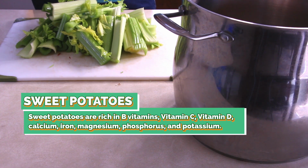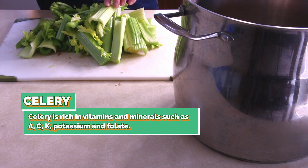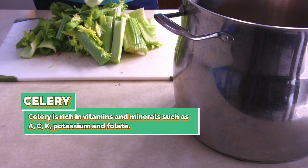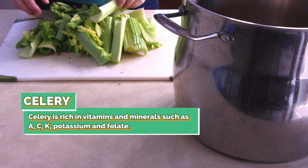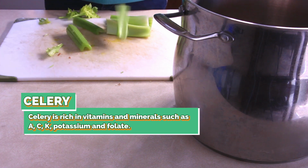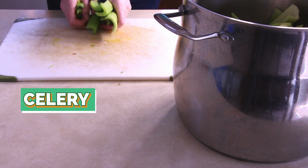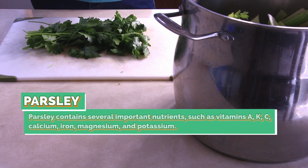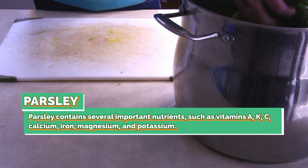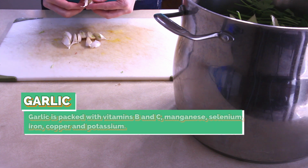A bunch of celery cut into thirds. I did give this a rinse after I had cut it up. Same with the leeks, you'll find a bit of dirt or sand kind of stuck in between there, so just give it a little wash. Half a bunch of flat leaf parsley, 5 cloves of garlic cut in half,